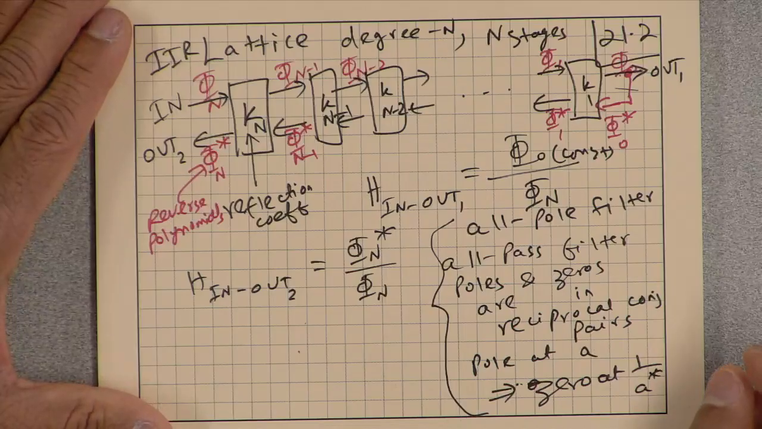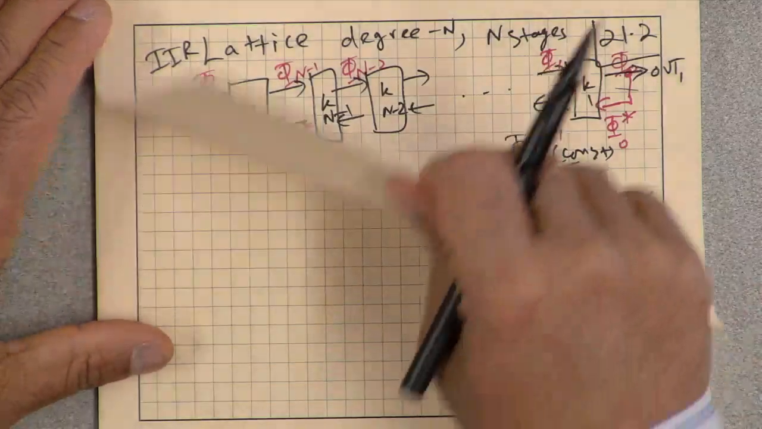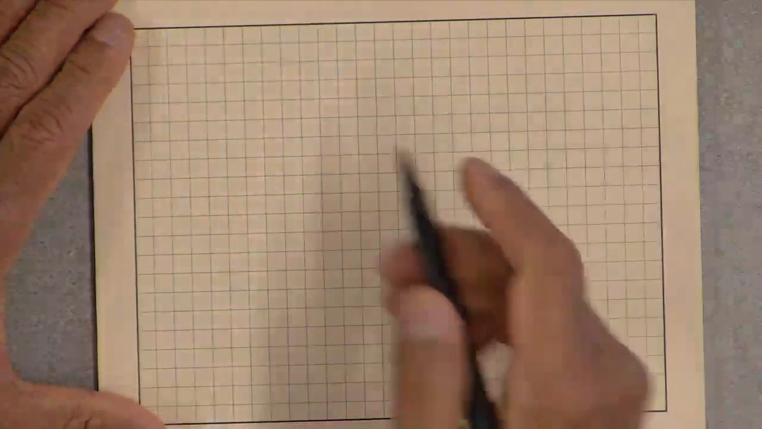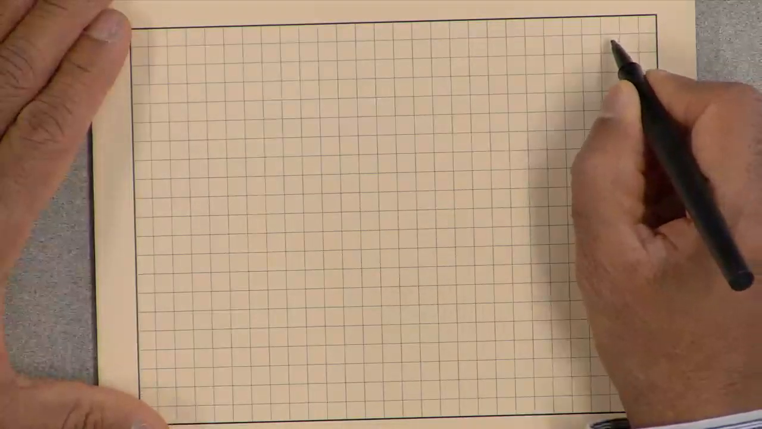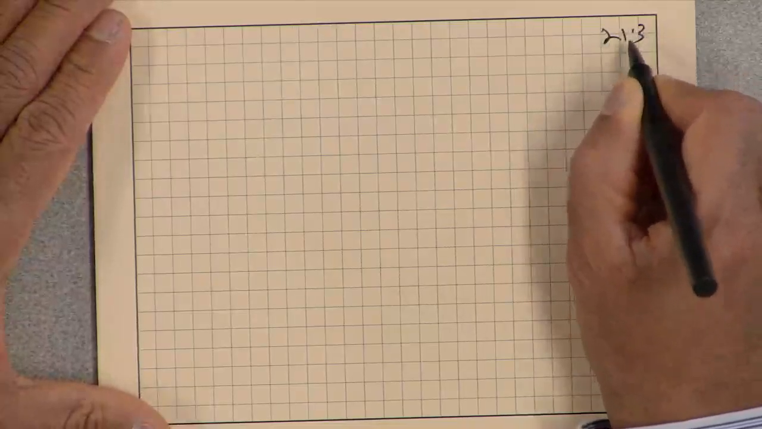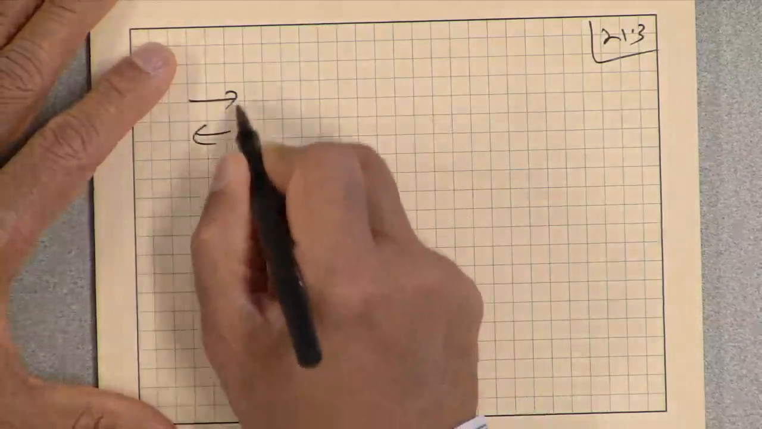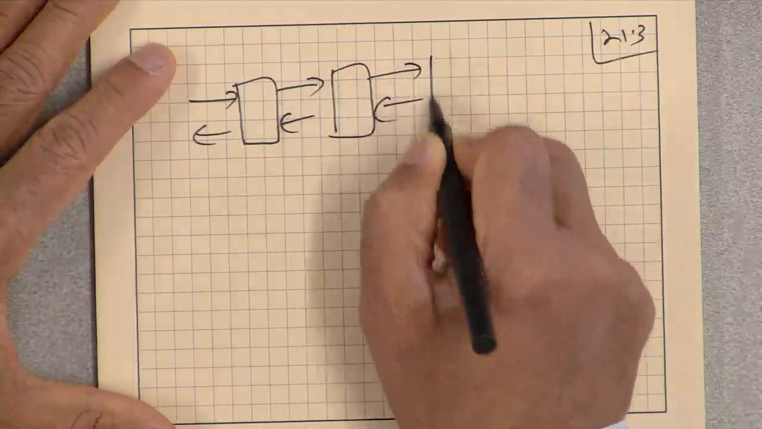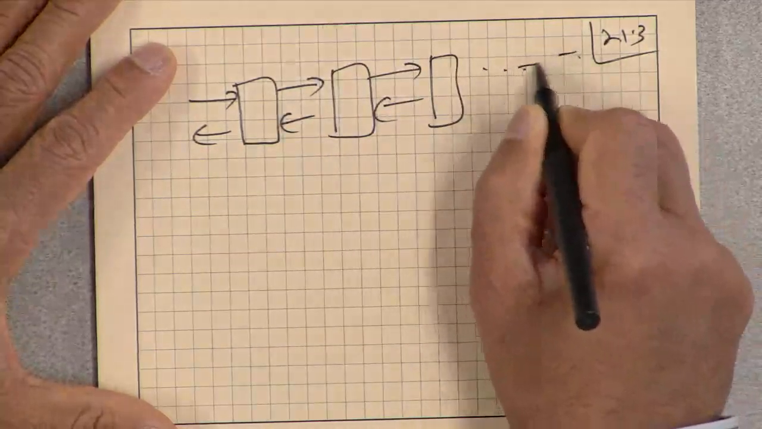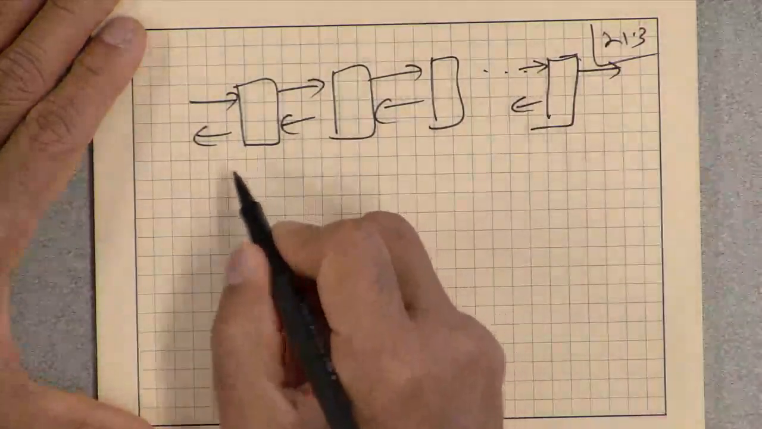Okay, so let me just briefly mention how to implement pole zero filters, and then we'll start talking about the degree reduction process. So if we have a filter like that, then to